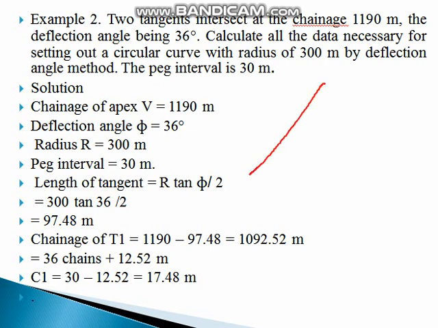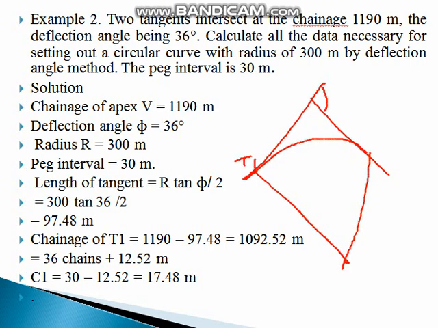As we know, if I draw a curve, the angle of intersection is given. Then T1 is the first tangent point, this is A, this is T2, and this is the point C. This is the point of intersection. Where the two tangents intersect, the intersection point chainage is 1190 meters. The deflection angle is given as 36 degrees. Calculate the data for the setting of the simple circular curve having the radius, which is also given,